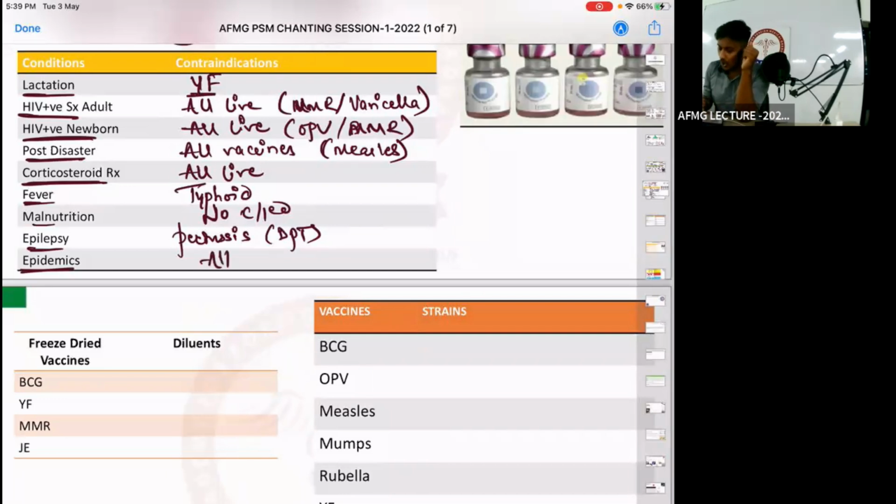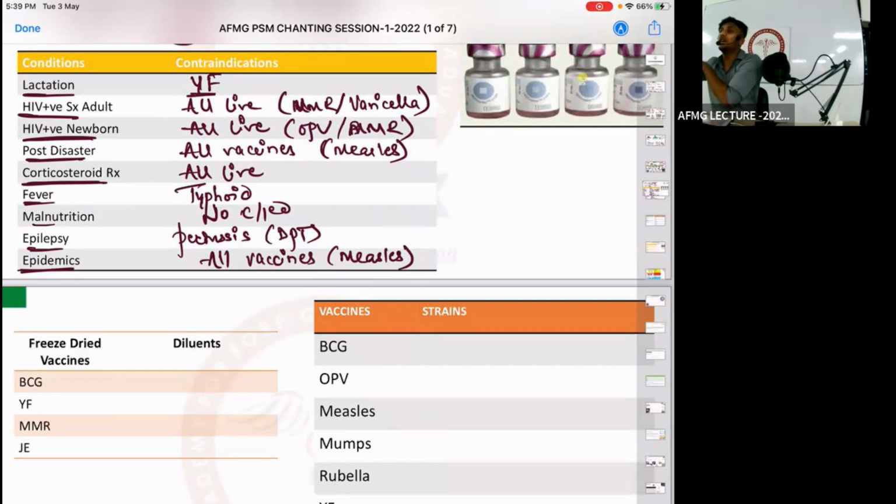All vaccines are contraindicated during epidemics except for measles. The reason behind this is important. Please remember, if we have a COVID epidemic, right now we have a COVID epidemic, the normal incubation period of COVID is 2 to 14 days. But if we give a vaccine to the patient, the seroconversion time, what do we mean by seroconversion time? That means the time taken to form antibodies with the help of the vaccine, it would be around 6 to 8 weeks.